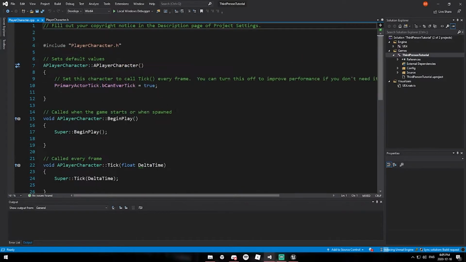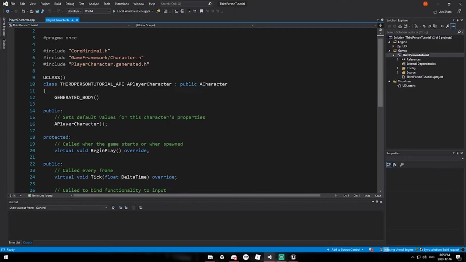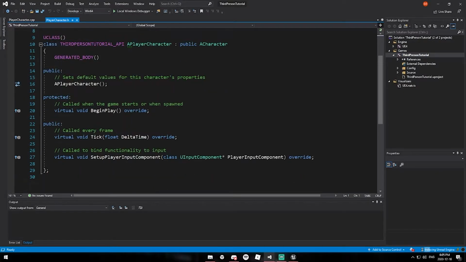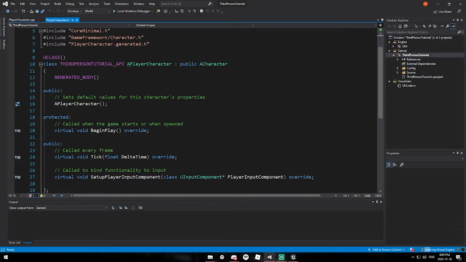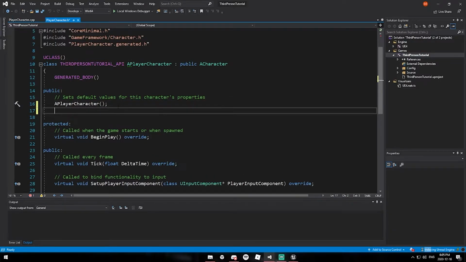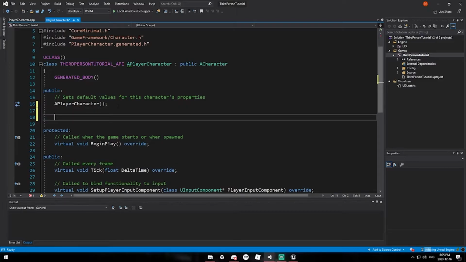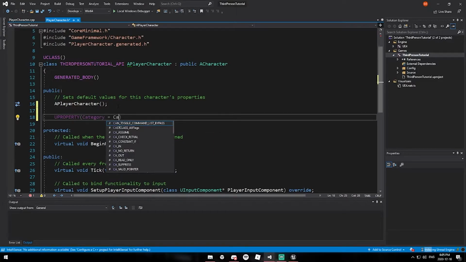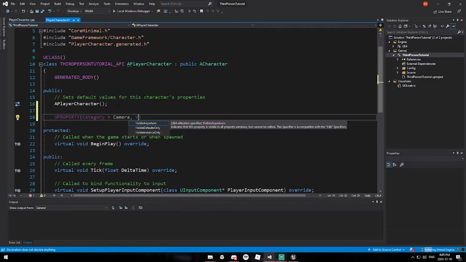Okay, so now what we're going to do, we're going to go over to the header. This is the header right here, .h, and we're going to set up a few characteristics. So under our public class, we're going to make a few U properties that can be accessed from anywhere. So we're going to say U property. We will say category. This is what it'll show in the Unreal Editor, equals camera. We will say visible defaults only. Blueprint read write,